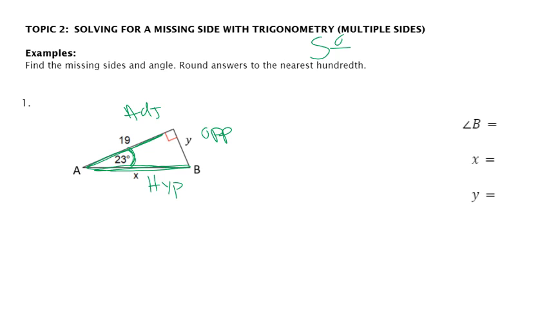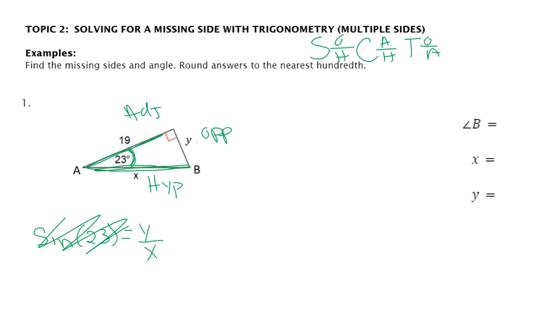I'm still using SOHCAHTOA. And so you might notice you have lots of variables here. I'm just going to write them all out, and we'll see where we go from here, because there are lots of different ways to do this problem. So you might find that sine of 23 is going to give you y over x, which doesn't really help us with this problem, right? There are too many variables. So I know I'm not going to use sine at all for this problem because there's too much going on. If I do cosine of 23